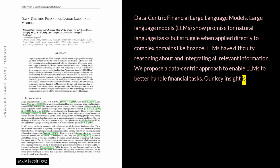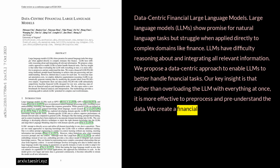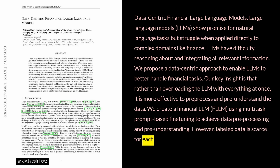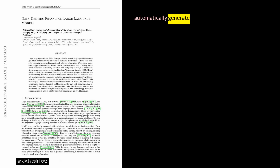Our key insight is that rather than overloading the LLM with everything at once, it is more effective to pre-process and pre-understand the data. We create a financial LLM, FLLM, using multitask prompt-based fine-tuning to achieve data pre-processing and pre-understanding. However, labeled data is scarce for each task. To overcome manual annotation costs, we employ abductive augmentation reasoning, AAR, to automatically generate training data by modifying the pseudo-labels